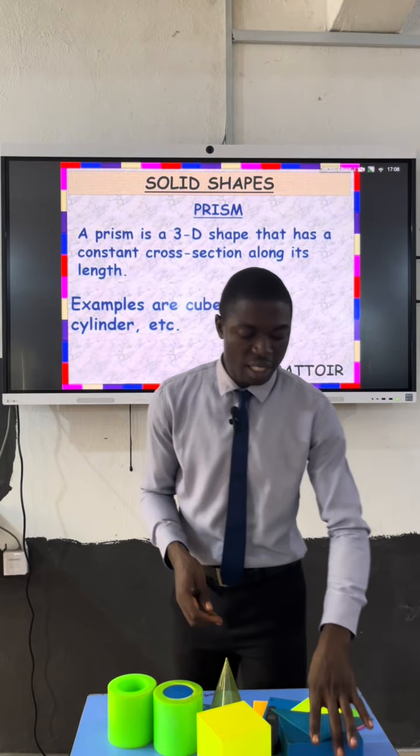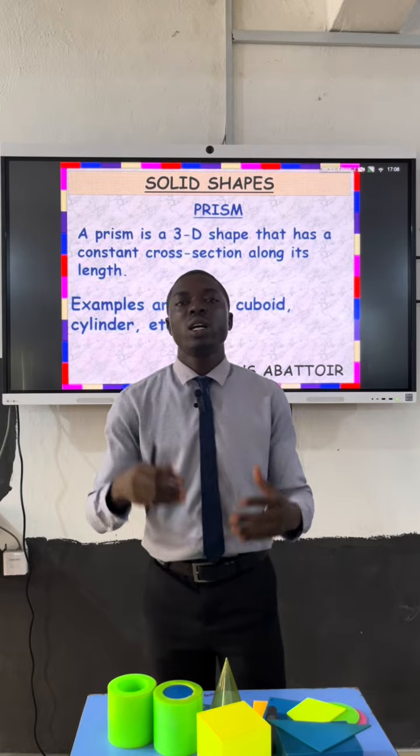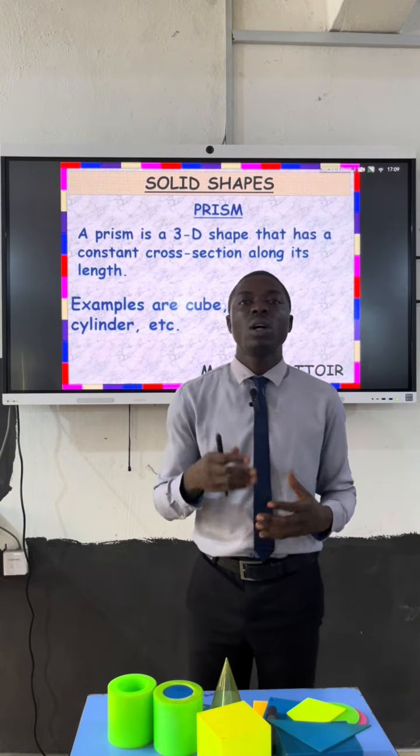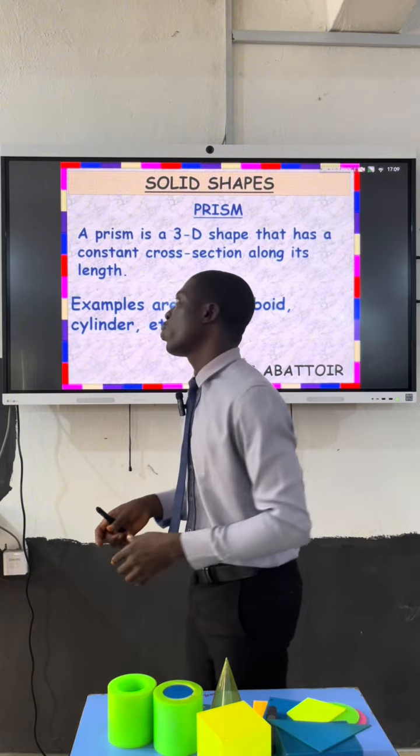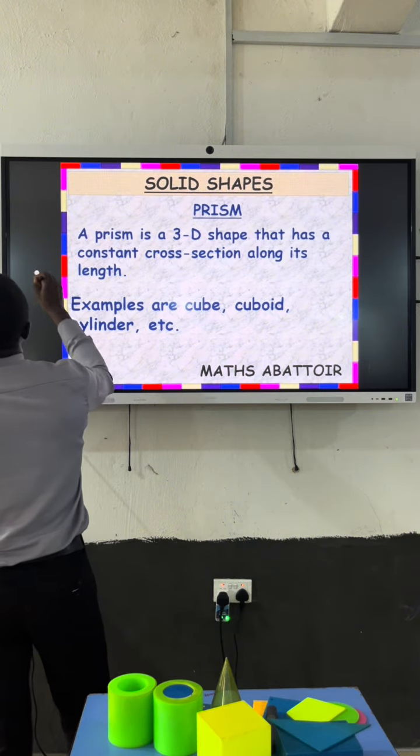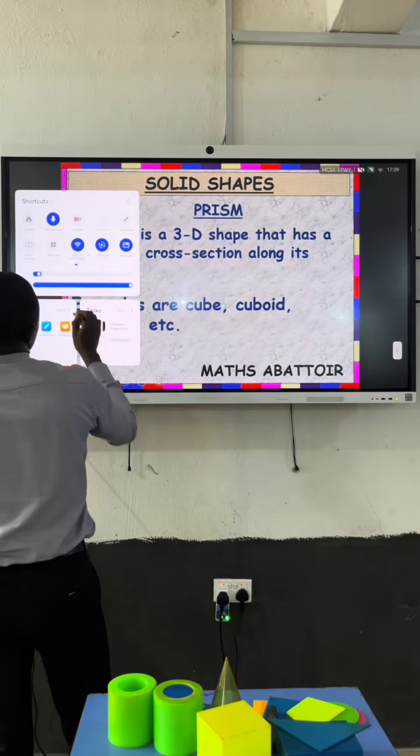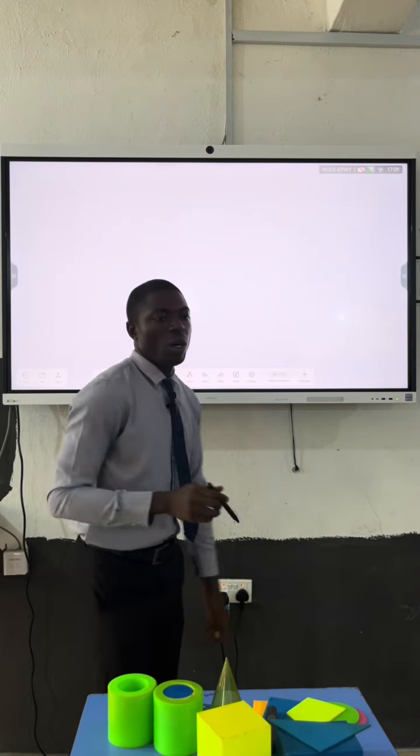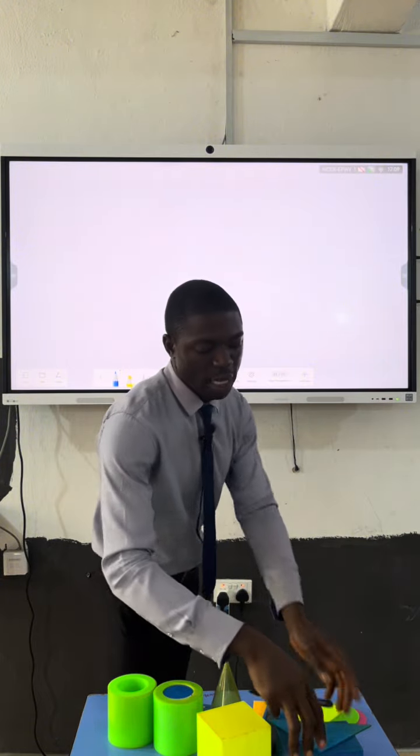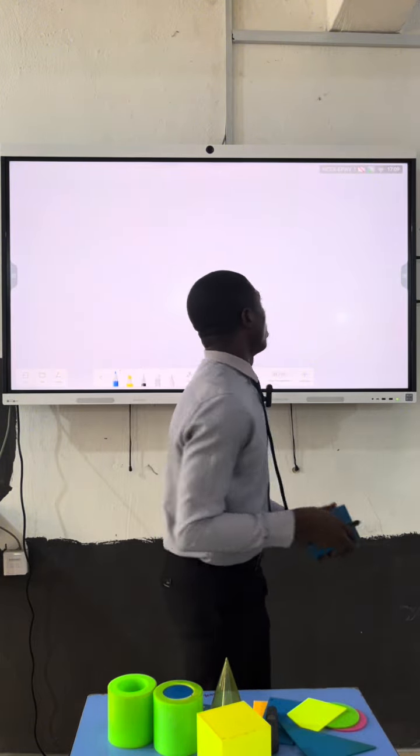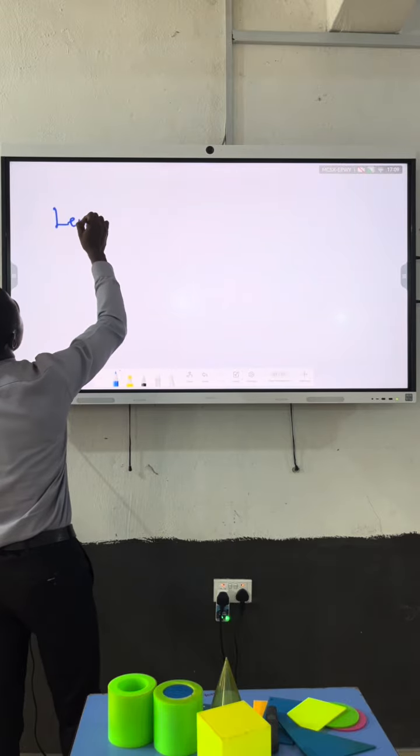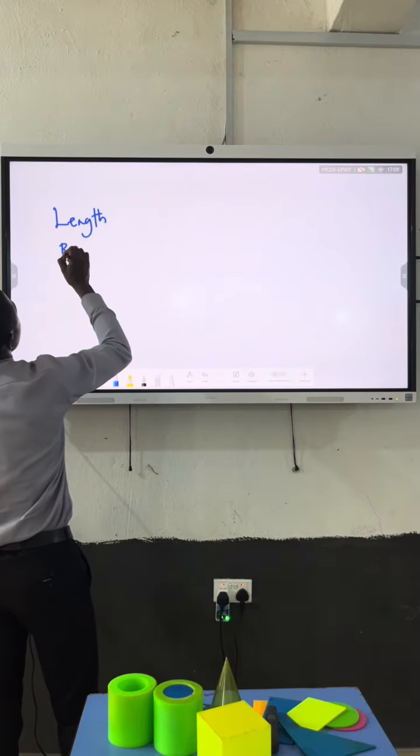Today we want to look at how to identify solid shapes and put them in their correct categories. Let me tell you what solid shapes are. Solid shapes are also regarded as three-dimensional shapes. What it means is that we can talk about them with respect to length, with respect to